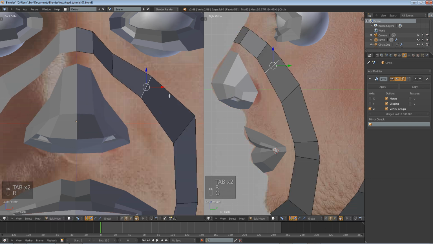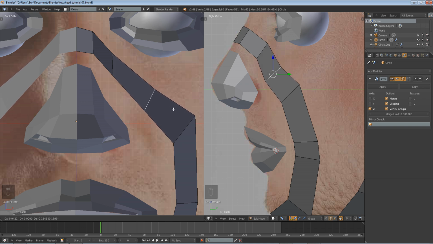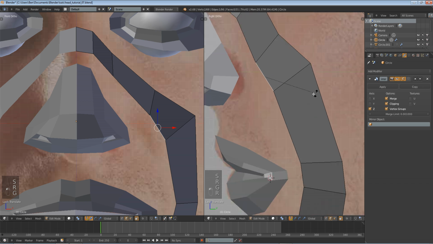So why don't we move this into a place where it'll line up with that, and then we can go ahead and find this edge a partner. So it could be that. So we just move it and tweak the vertices so that